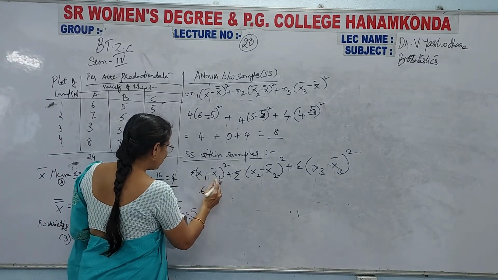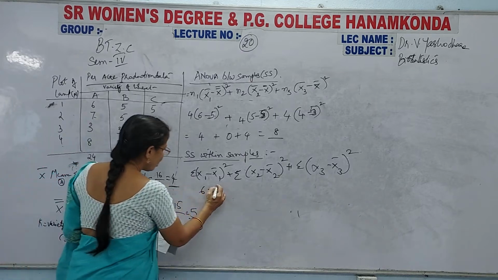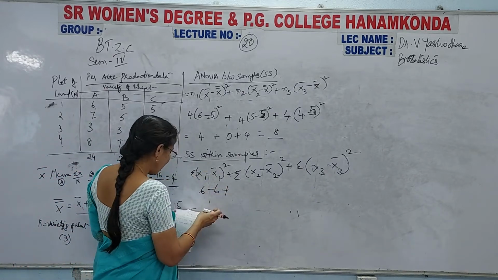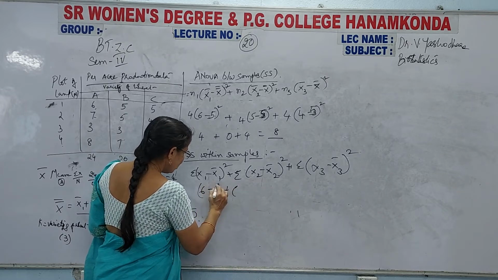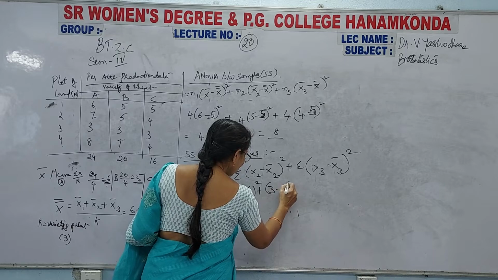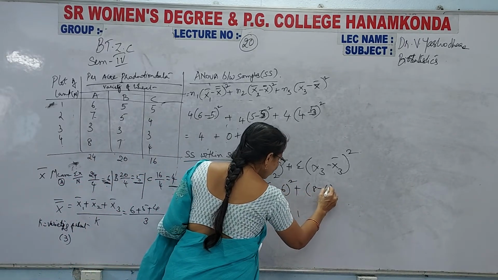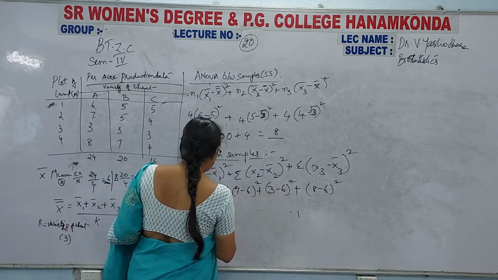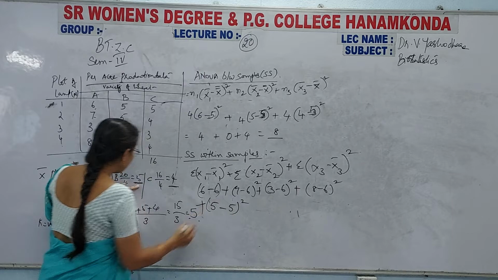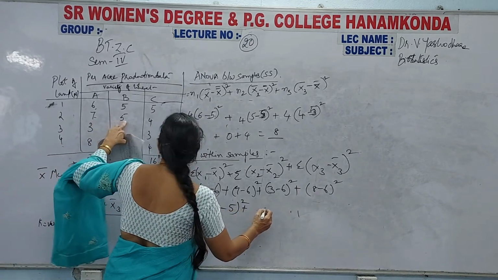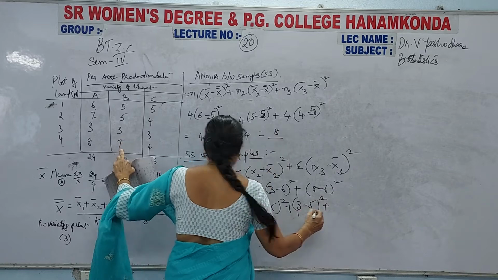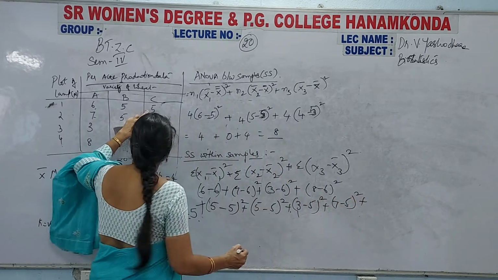ఇక్కడ చూడండి x1 is 6 మైనస్ x బార్ ఎంత వచ్చింది నాకు 6. ఎందుకంటే 6 మైనస్ 6 ప్లస్ 7 మైనస్ 6 ఇది మొత్తం క్యాలిక్యులేట్ చేయాలి నేను. 7 మైనస్ 6 హోల్ స్క్వేర్ ప్లస్ 3 మైనస్ 6 హోల్ స్క్వేర్ ప్లస్ 8 మైనస్ 6 హోల్ స్క్వేర్ అయిపోయింది. దీనికి ప్లస్ మళ్ళీ వేసి x2 ఎంత వచ్చింది 5 మైనస్ 5 హోల్ స్క్వేర్ ఎందుకంటే x బార్ ఇది ప్లస్ 5 మైనస్ 5 హోల్ స్క్వేర్ ప్లస్ 3 మైనస్ 5 హోల్ స్క్వేర్ ప్లస్ 7 మైనస్ 5 హోల్ స్క్వేర్ ప్లస్ నెక్స్ట్ 5